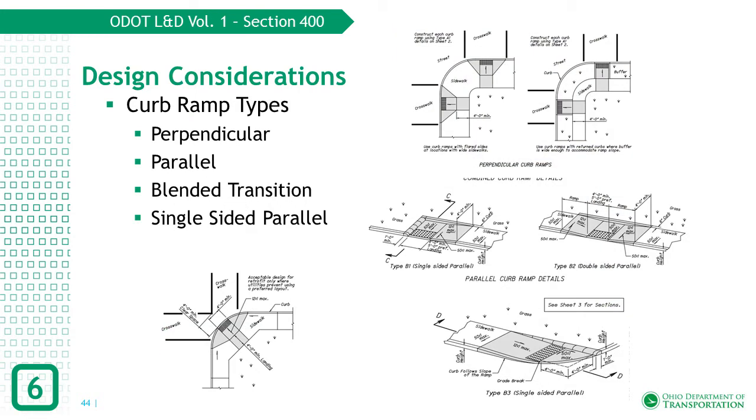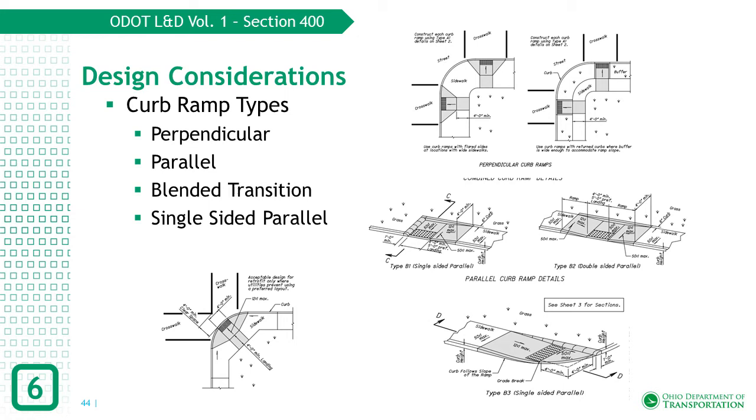These are the different types of curb ramps that can be implemented. Perpendicular ramps are installed perpendicular to the pedestrian path and typically used with 10-foot wide sidewalks or where a tree lawn is between the curb and sidewalk. Parallel ramps are oriented parallel to a pedestrian's path. These ramps are typically placed where the sidewalk width is less than 10 feet and a perpendicular ramp is not